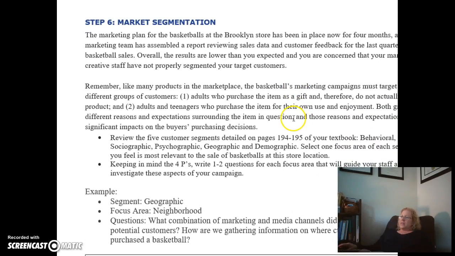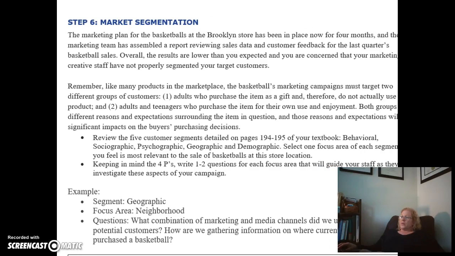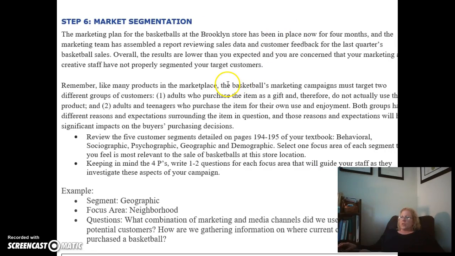And then in step 6, you're going to talk about market segmentation. So the marketing plan for the basketballs at the Brooklyn stores has been in place now for about 4 months, and the marketing team has assembled a report reviewing sales data and customer feedback for the last quarter's basketball sales. Overall, the results are lower than you expected, and you're concerned that your marketing and creative staff have not properly segmented